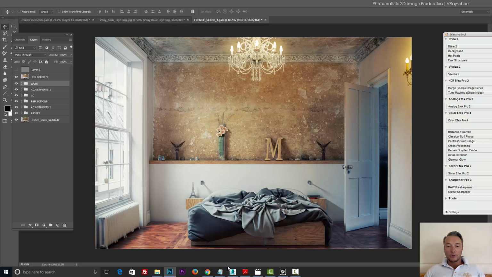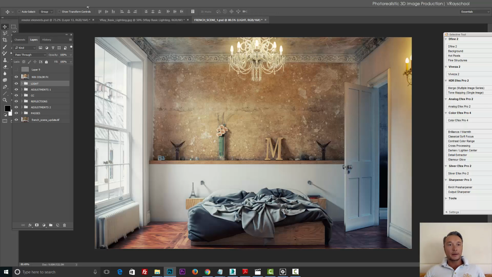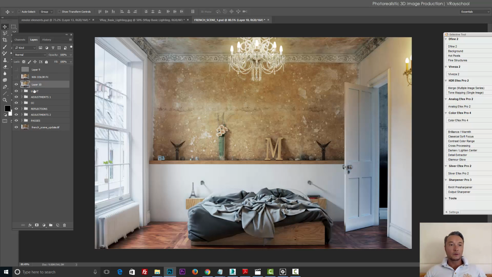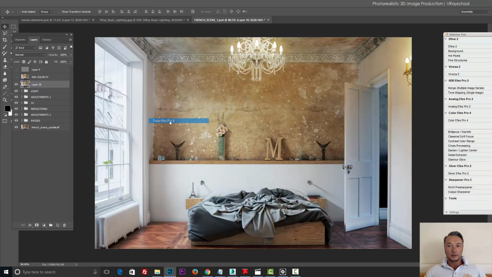If you search Google for the NIK Collection, you can download it, and it's got a bunch of software. Analog Color Effects Pro is what I use. Silver Efex, it's got the whole package, so you can download it. After installing it, you'll be able to find it in your filters here. Let me hide this. I'm going to press Control Shift Alt E, to create everything from below, just in case I'm not screwing up anything. And here I can apply my NIK color effects. So I'm going to press that,